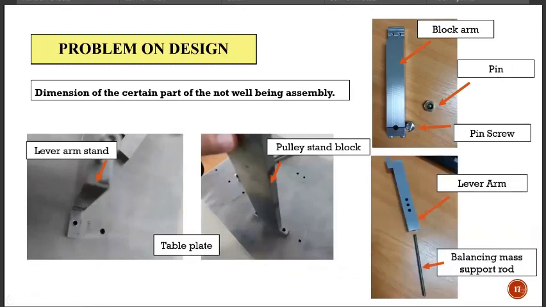The other problem is that the dimensions of certain parts are not well assembled. For example, the table plate and the lever arm stand, the drilling hole dimension is not that tally, so we need to do the adjustment. And the other one is we don't have the balancing mass support rod, so we need to adjust it to make it more